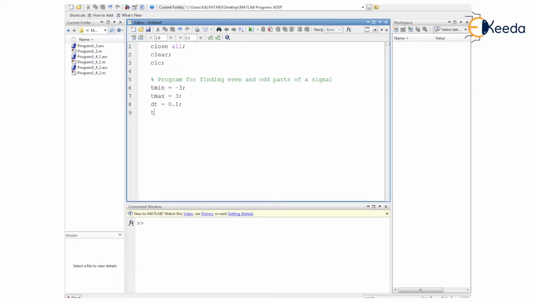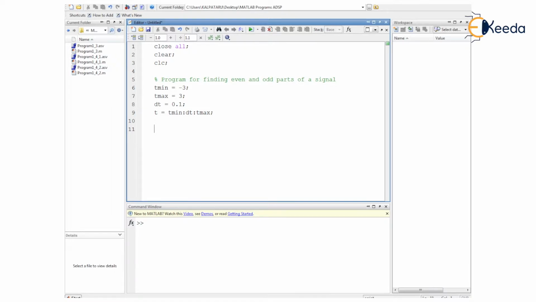And now the exact time as a parameter to show the continuous time signal generated and further process for finding out the even and odd parts of the signal. Here we define small t equal to values starting at the value of the t min variable, extending it with the difference of dt up to the t max value here. This is the formulation with the help of the colon. We are going to have the particular interval steps from t min to t max here. So the time parameter we have defined here.